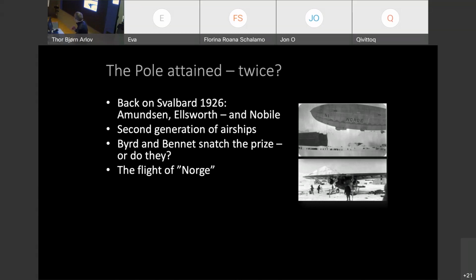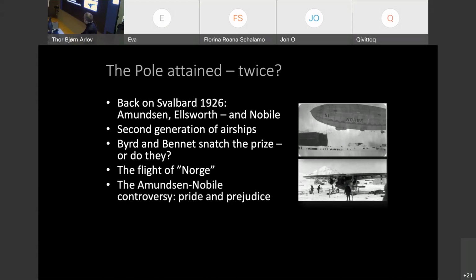40th birthday. And as you probably know, it crashed in Alaska, in Teller, Alaska. But they survived and they got back to Norway and Italy. However, Amundsen and Nobile fell out. They both wanted credit for the expedition. So this became a national rivalry between the two, where